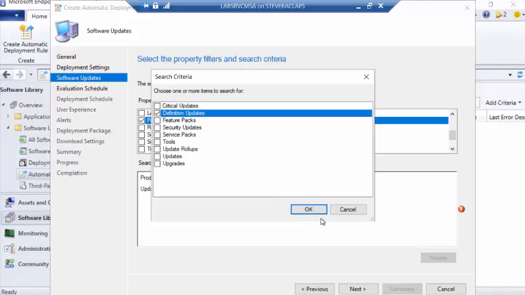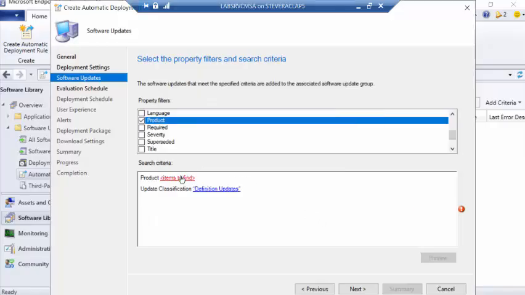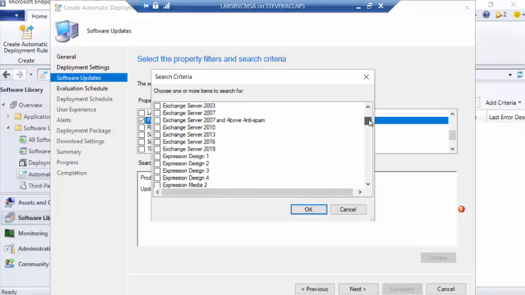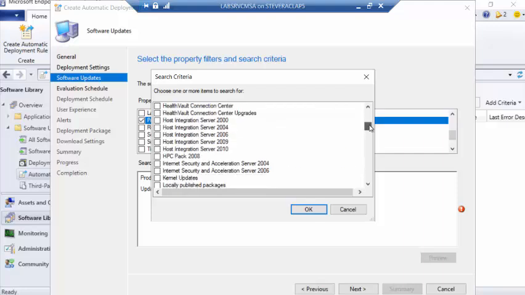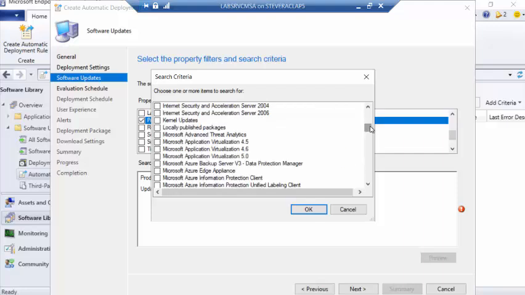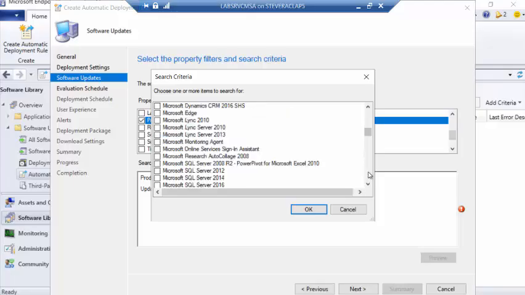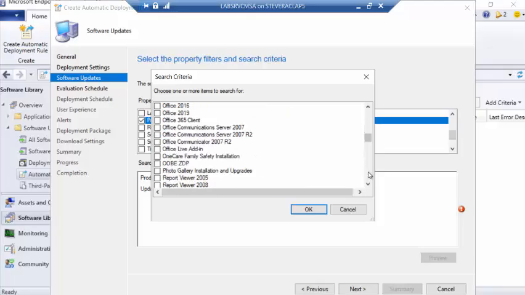And then under product, I'm going to click items to find, and I'm going to scroll down to system. Well, let's see which one comes first. Microsoft Defender Antivirus. I'll click, and then also I'm going to go down to System Center Endpoint Protection and click on